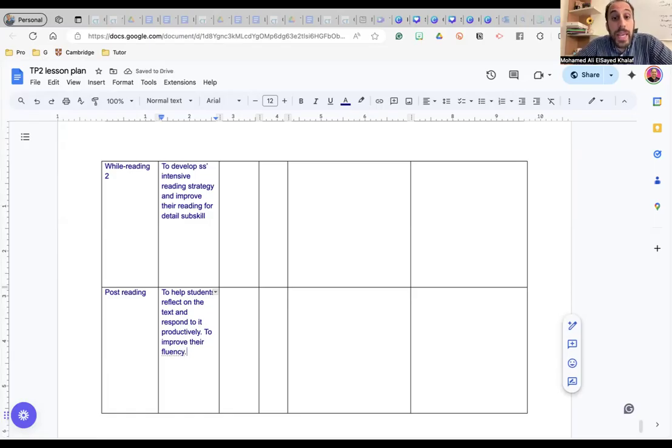Okay. Yes, your sub-aim can be speaking or writing, Marwa. It can also be the vocabulary. If you have some vocabulary in the pre-teach and this vocabulary is going to be needed for the post-reading, your sub-aim can be vocabulary. But mostly, your sub-aim is the last stage, which is post-reading or post-listening: the speaking or the writing task. Okay, in the follow-up. The follow-up stage is another name for post-reading or post-listening. We can call it follow-up.